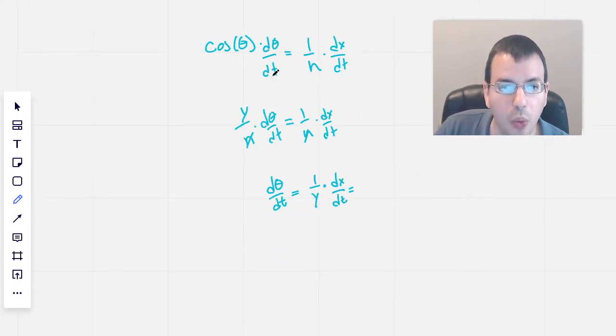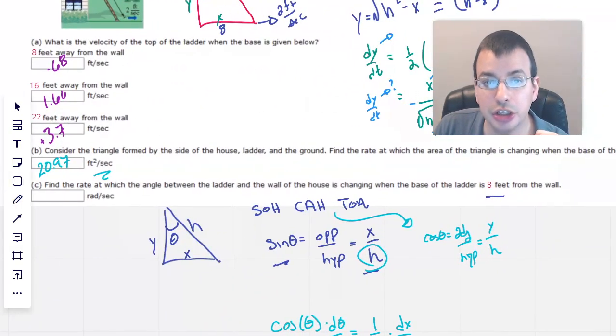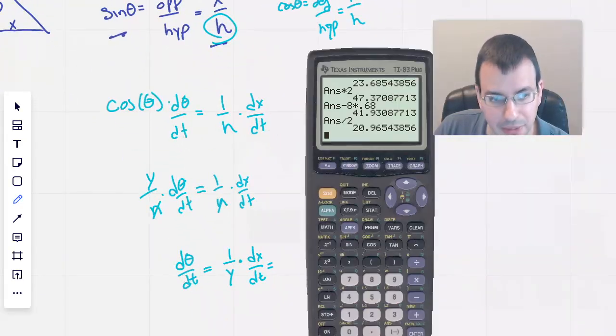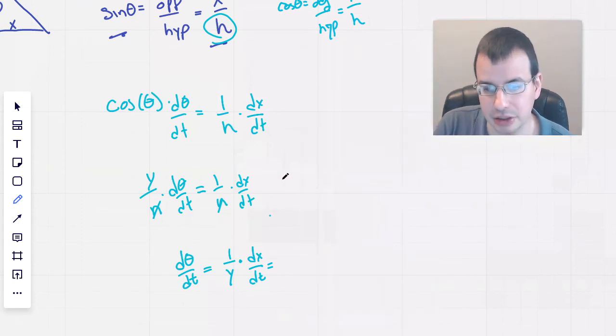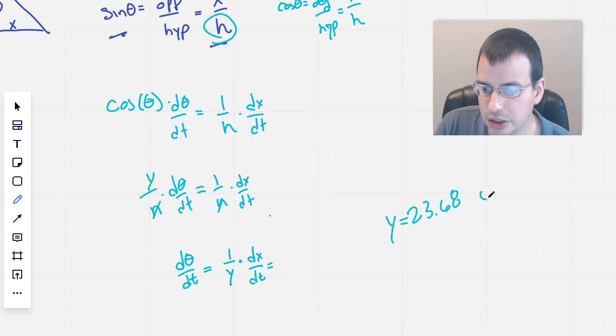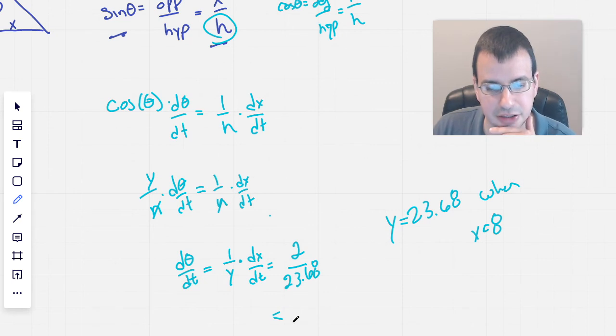So we know that y, oh, did I erase it? I erased it. Darn it. So we know what y is at, wait a sec, it might be on my calculator. 23.68. So y equals 23.68 when x equals 8. So we have dx dt, which is 2, divided by 23.68. And that gives us